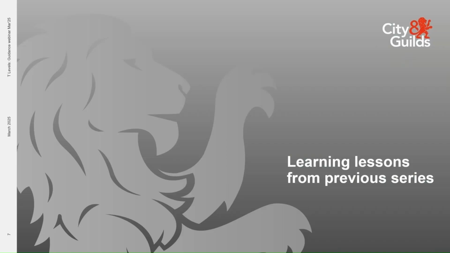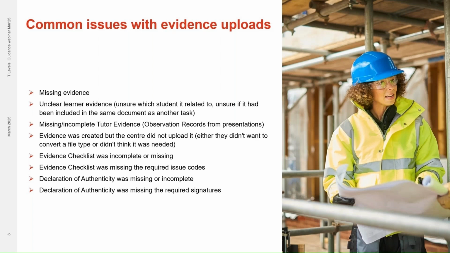So okay, now we'll be looking at learning lessons from the previous series. There are a number of issues that we often see with evidence uploads, which are listed over the next few slides. The issues covered on this slide are missing evidence, unclear learner evidence where we're unsure which student it relates to or unsure if it had been included in the same document as another task, missing or incomplete tutor evidence, such as observation records from presentations, evidence being created but the centre not uploading it, either not